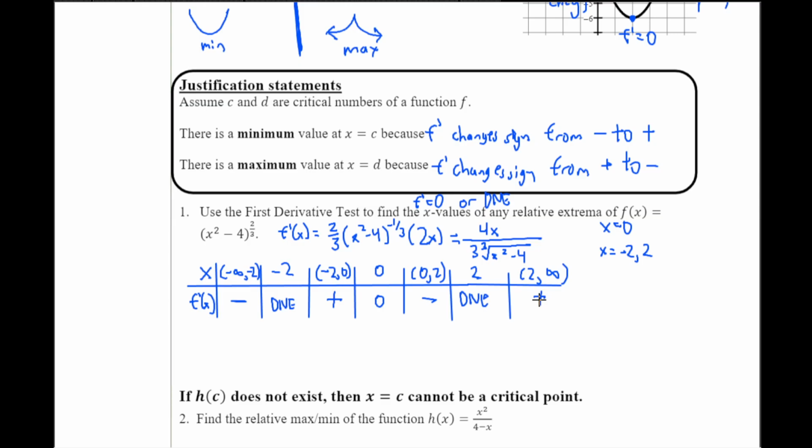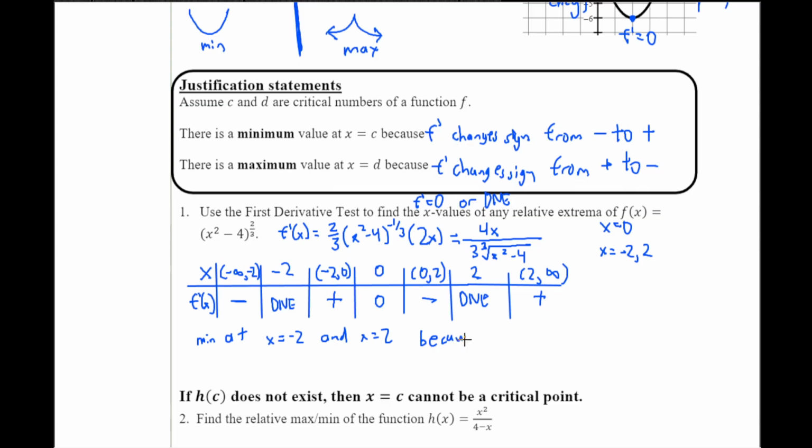So, a minimum is when f prime changes sign from negative to positive. You see right here at negative 2, f prime goes from negative to positive, and then also at 2, you're going from negative to positive. So min at x is equal to negative 2 and x is equal to 2